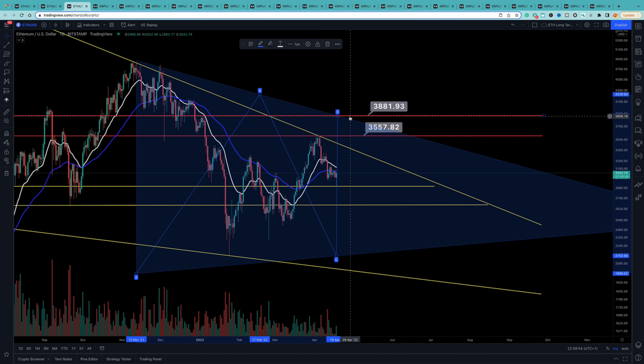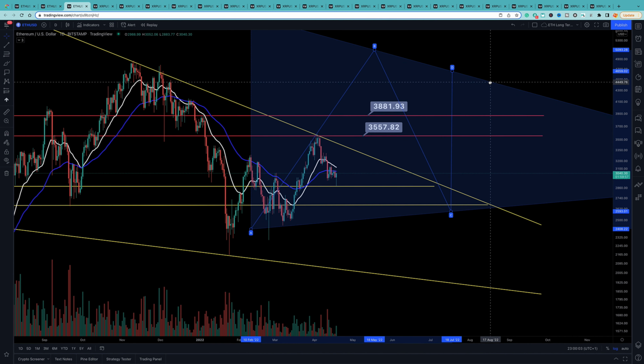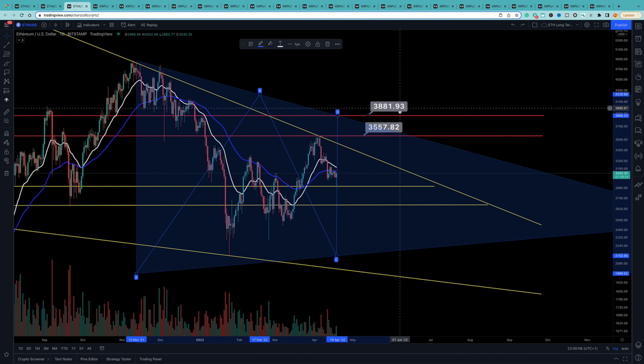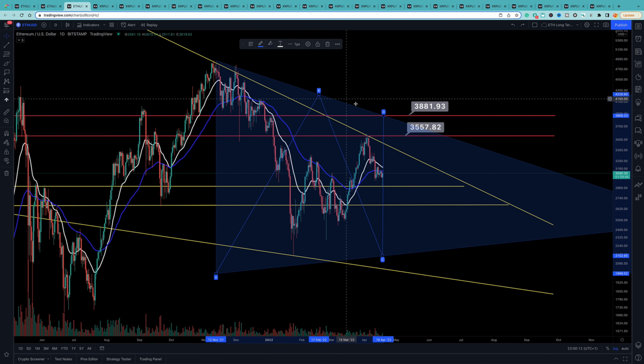3, 4, 5. So there may be a final lift to this, which would take it up to Mountain Peak to here. I'm saying that this is a resistance peak here, and also there's a resistance line here. It could go to 3881 here as a 1, 2, 3, 4, and then 5. So there could be a Mountain Peak to here, and that would give it that final